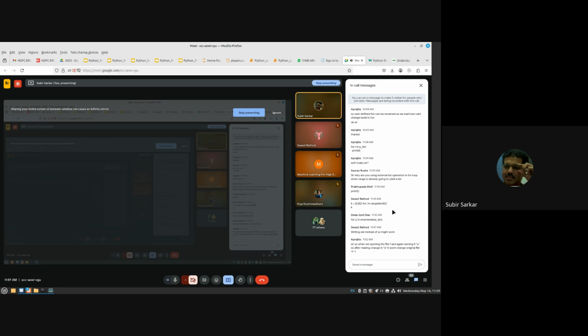Sir, sorry. Sir, when we open file F and again name it A, after making the change in A, it won't change the original file F. Okay, I think I have already explained how it works. You have a file and you have the data. When you open the file, you give the file handle a certain name. And you have the data which you wrap into something, and finally you dump the data